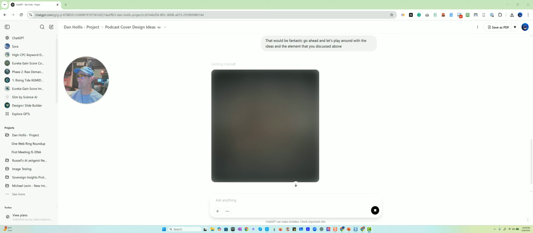So one of the things I want to say, I'll pull this out while we're watching, is the brand LLM part of the one WebRing system that we've remodified for 2025. This is the part that we're actually working on now, because this is training. You can actually use a project area inside ChatGPT 4.5 to act as your brand